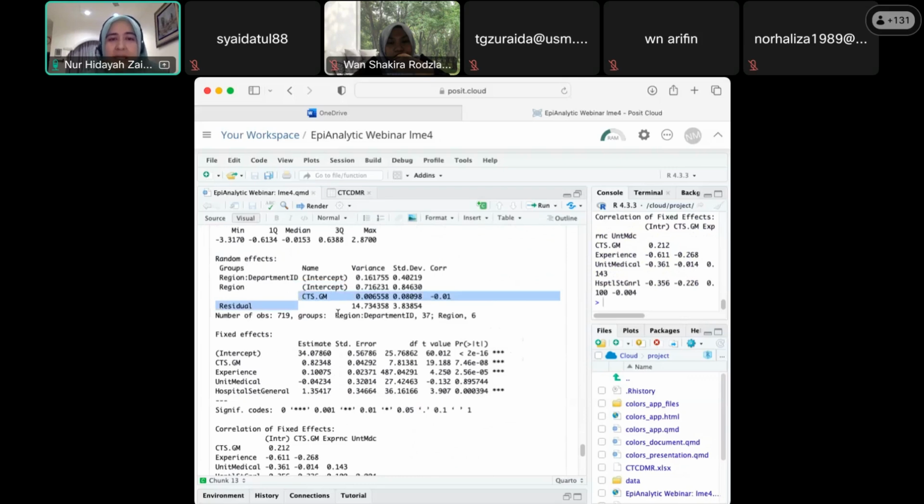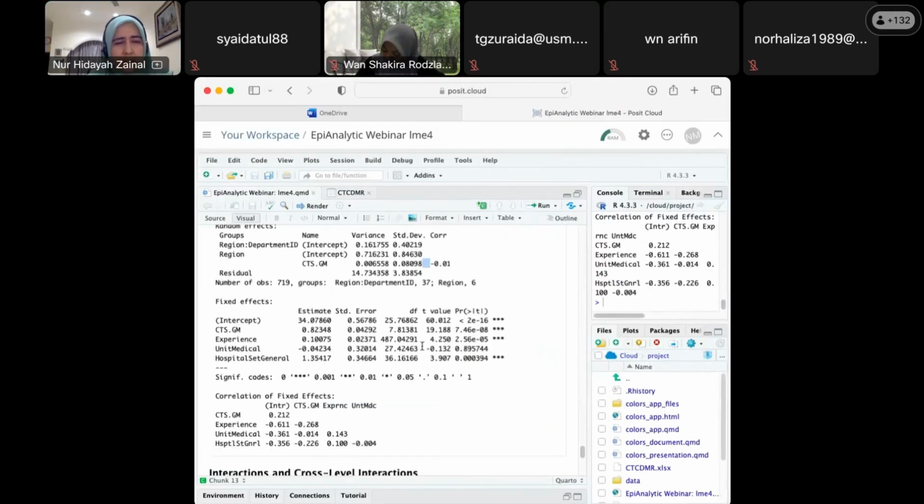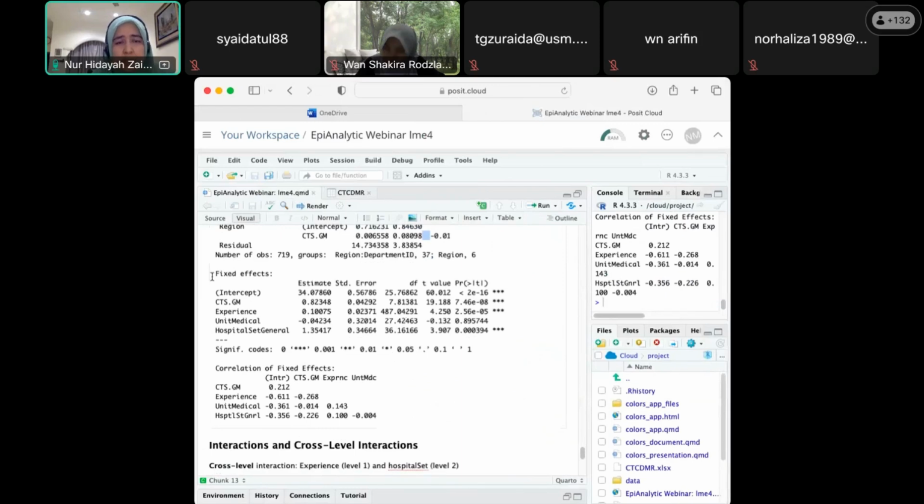Here we also have correlation between random intercept on level 3 and also random slopes on level 3. So now down here under fixed effects, we've got our parameter estimates and also the p-values.